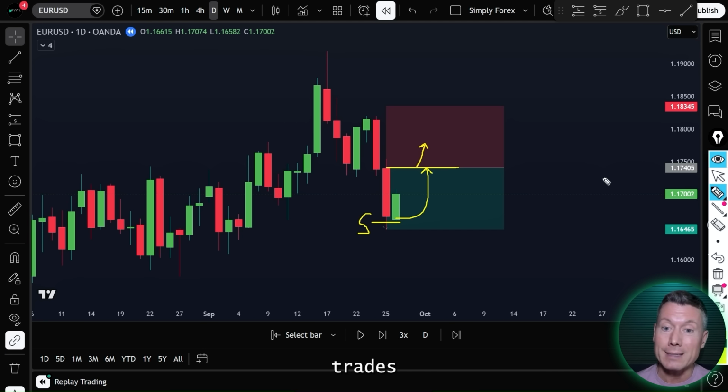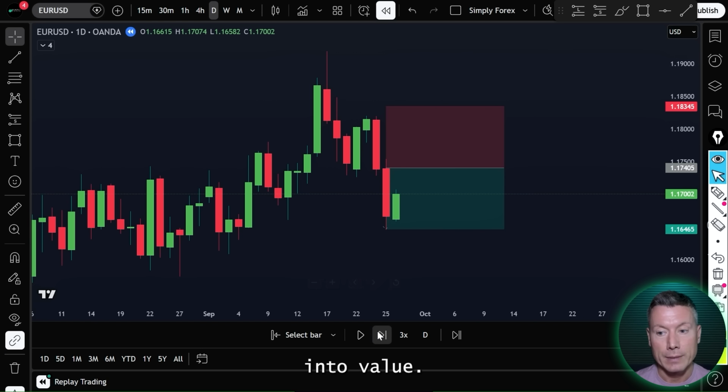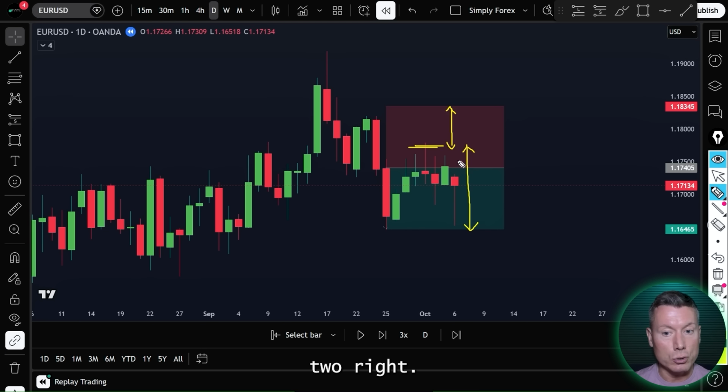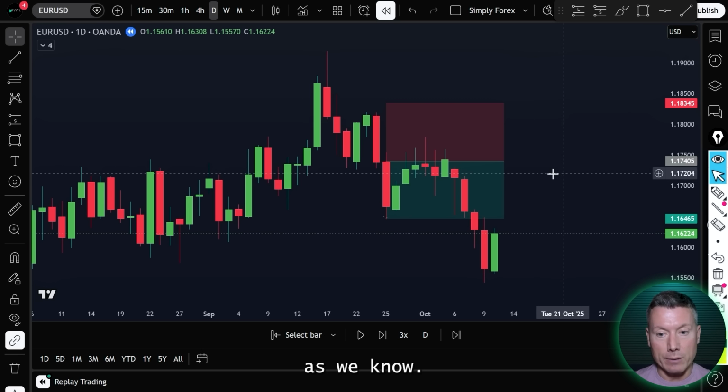You are letting trades come to you rather than you chase trades. If you start selling here, you're chasing a trade. If you start selling here, you've had the patience to wait for a pullback into value. And as we know, guys, if we play this along, you could have got an even better risk to reward up here. That would have actually been, probably roughly 1:2. That would have been a possible risk to reward from this trade. Okay, and then price comes flying down, as we know.